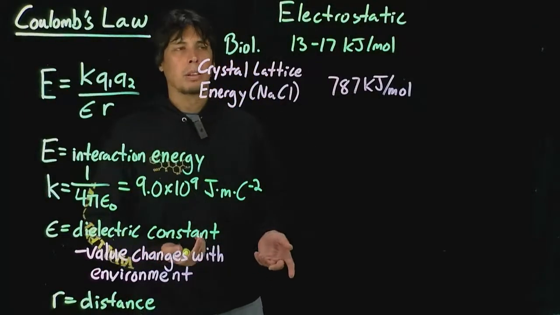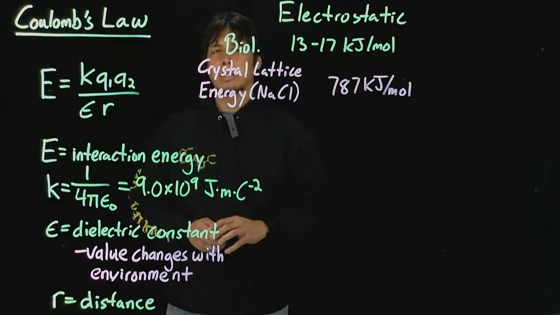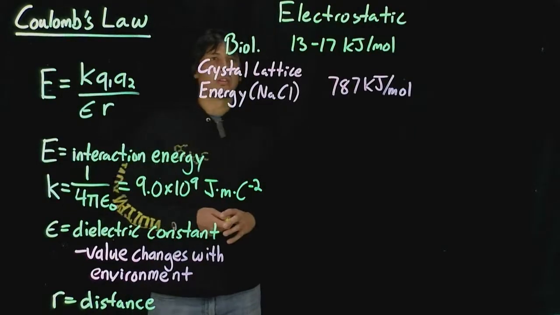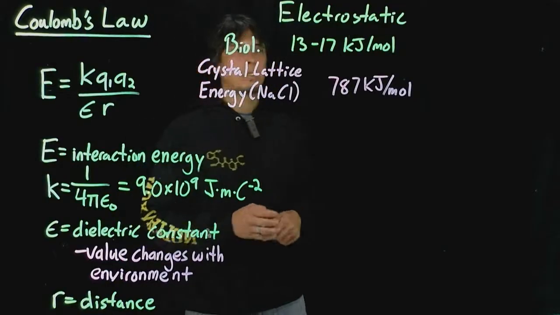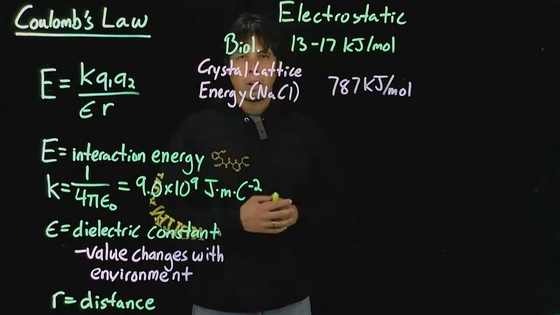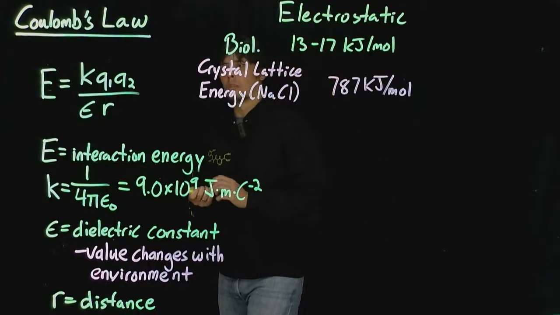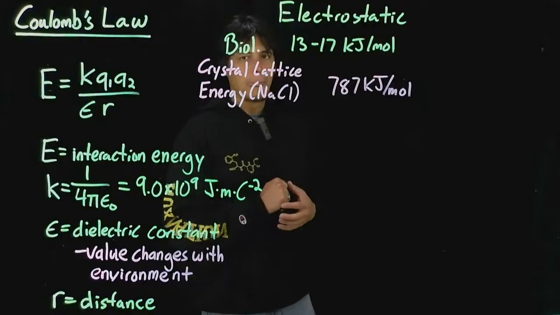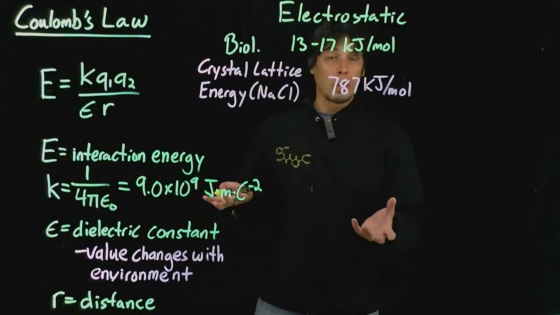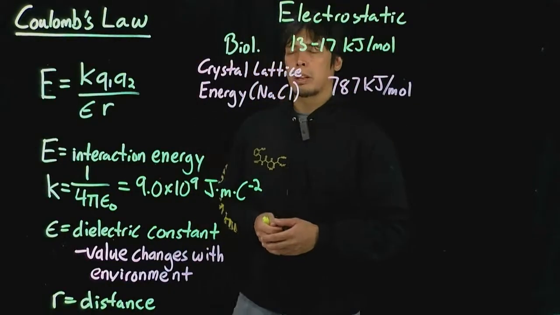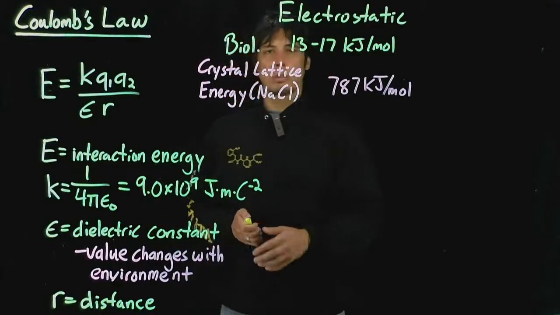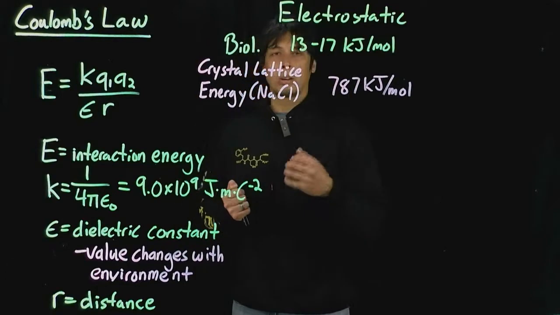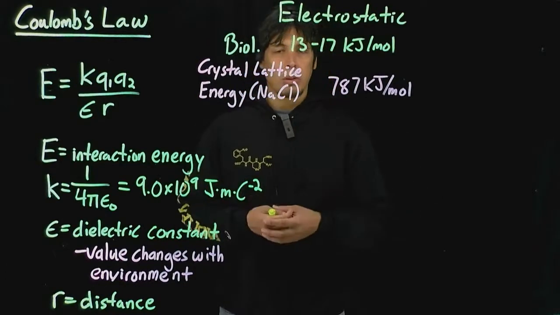You may have looked at the electrostatic interaction energy in the previous video and said that looked pretty low. We talked about that being 13 to 17 kilojoules per mole, which is much smaller than a covalent bond. Although you may remember from discussions in Gen Chem, for instance, that the ionic bond is the strongest bond, right? But when we're talking about that, we're talking about the crystal lattice energy for sodium chloride, okay? So that's when the sodium cation and the chloride anion are in crystalline form, okay?